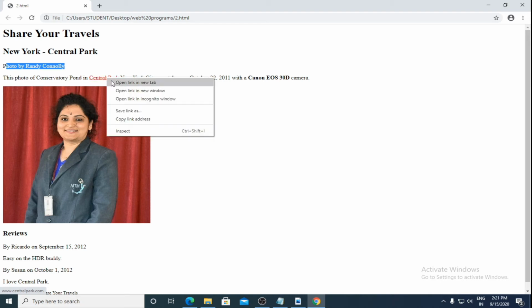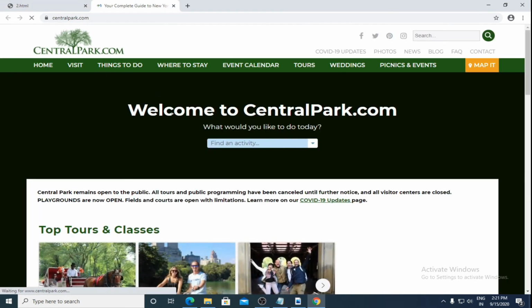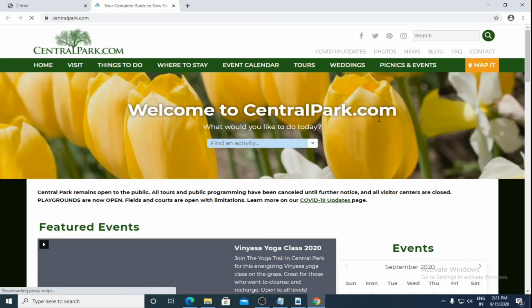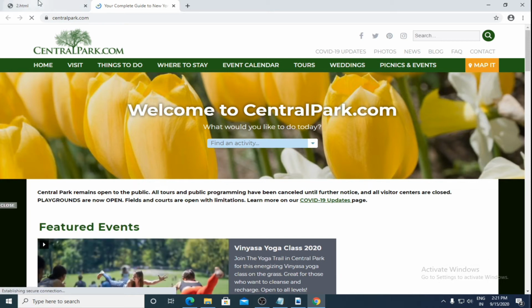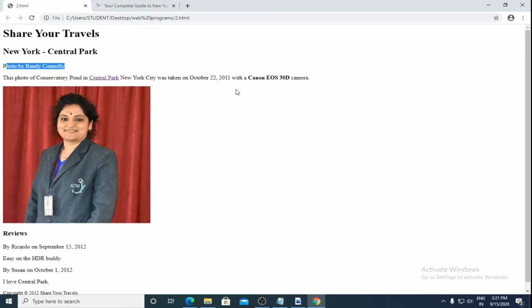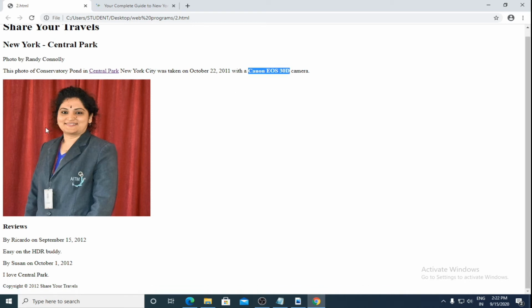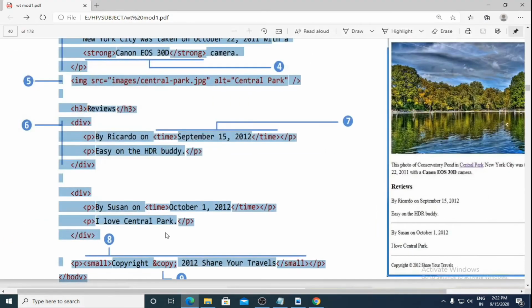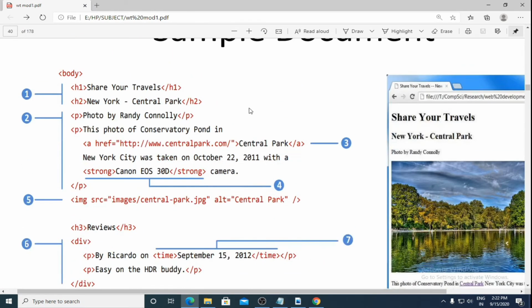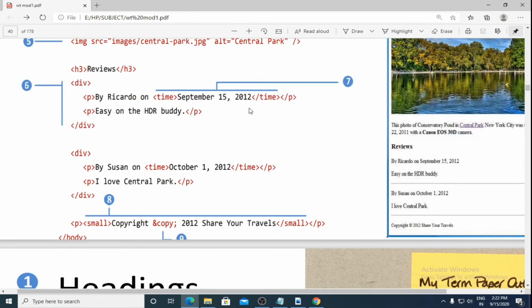When I open this link, it will take me to their website. Okay, welcome to centralpark.com. And here the time is there, and this only is bold. Here you have the image, here the heading, and here the paragraphs. With this you can see that this document has been executed with that particular output.